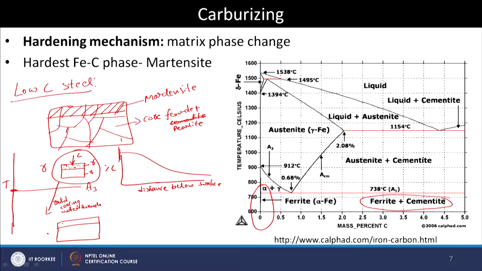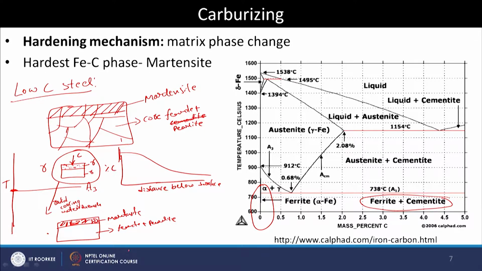So, then you get the surface region having martensite, with the underlying layer being like a ferrite plus pearlite. Now, you see that we know that when you heat up the sample to the austenitic region, the entire sample will be of austenite,